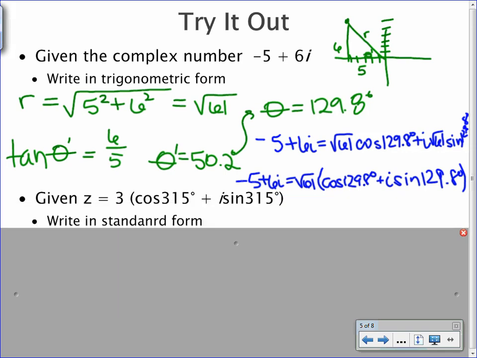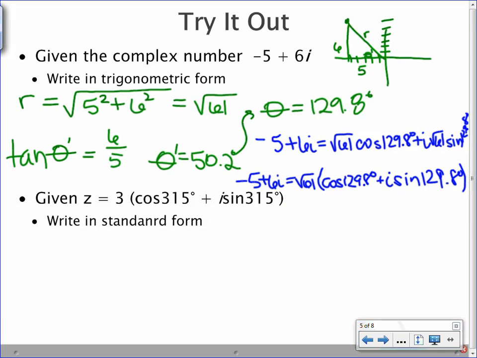Which leads us to our next example. Okay. Here I have a complex number and it's given in trigonometric form. I want it in standard form. Okay. Now this is nice because 315 degrees, that's a nice angle for us to evaluate, isn't it? Yes, yes it is. Okay. So,